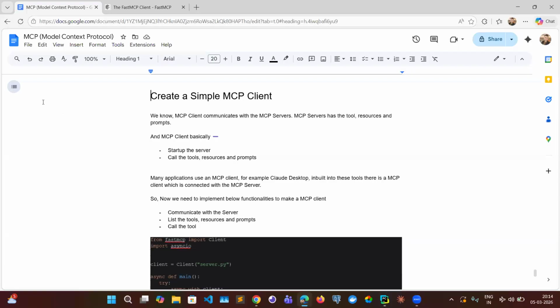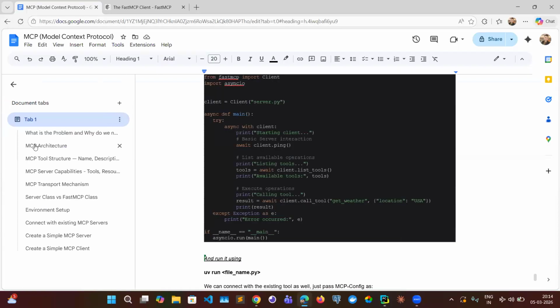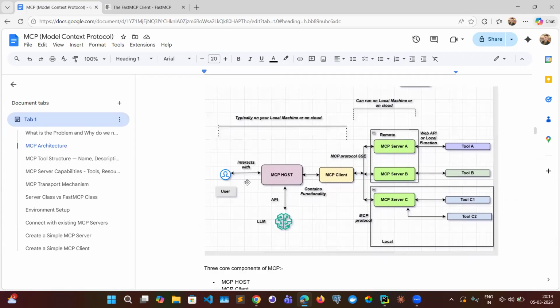So let me go to the diagram, the MCP architecture diagram. When we tell the LLM, okay, what is the Airbnb API, can you find the available locations in London? The user's query will be combined with the tools. How do the tools come? Because the MCP client is connected with the server, there is some connection code, and it lists the tools as well. So all the tools with the query go to the LLM, and then the LLM sends that to the client,